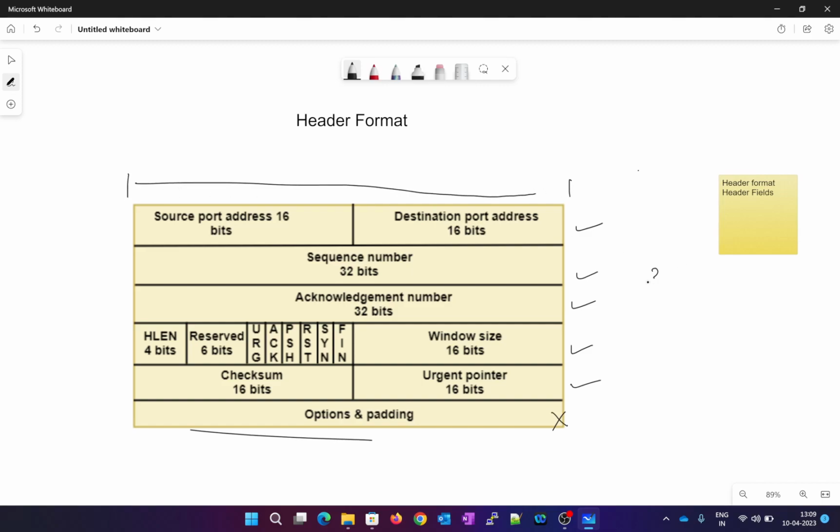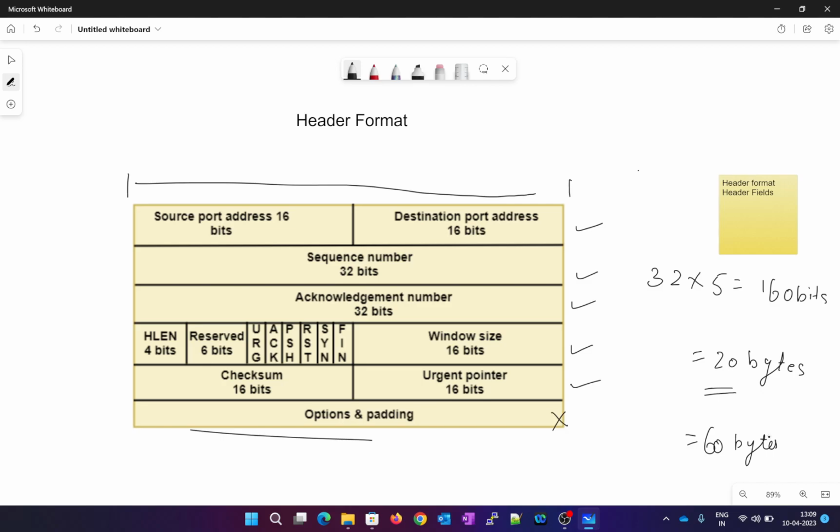So that makes it 32 into 5, which makes it 160 bits. If we convert them into bytes, we have 20 bytes. So the minimum size of a TCP header is 20 bytes, and the maximum that it can go to is 60 bytes. Now, there is an important interview question that they usually ask: